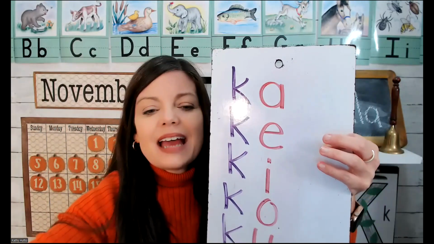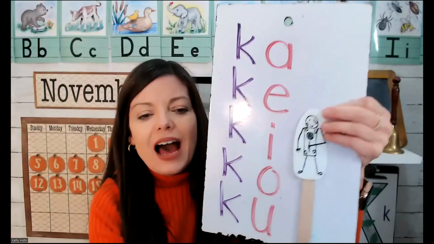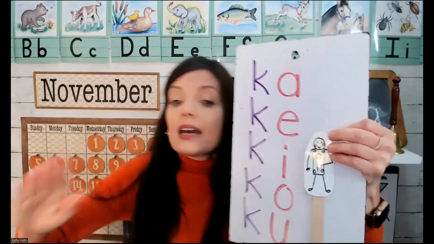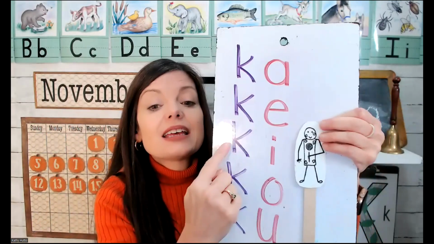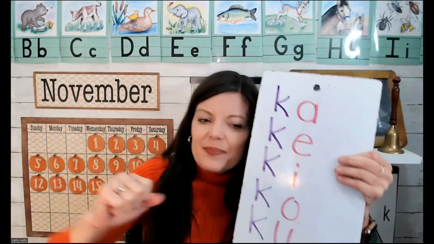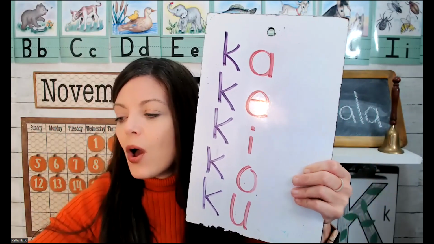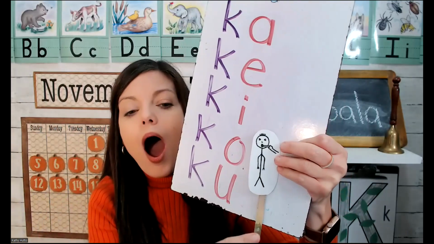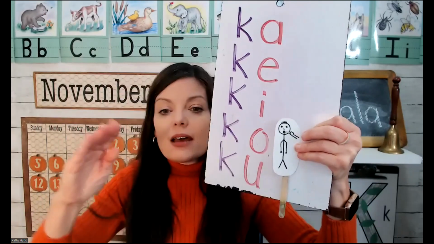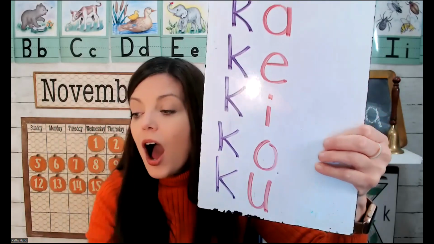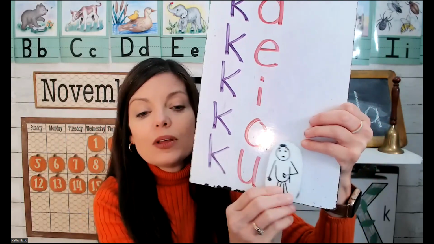Ka. Next we have K with I. I looks like an icky sticky lollipop. I, k, I, ki, ki, as in kick. Next we have K with O, and O has a sore throat and says ah at the doctor. K, ah, ka, ka. Last we have K with U.